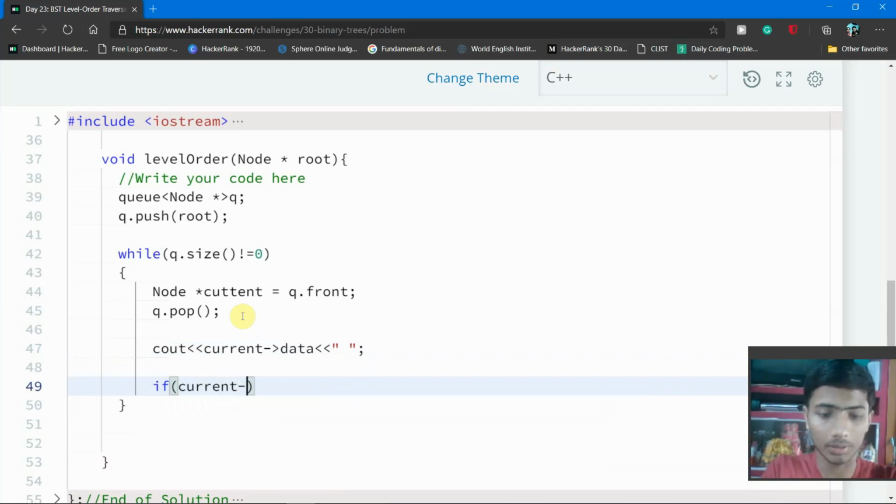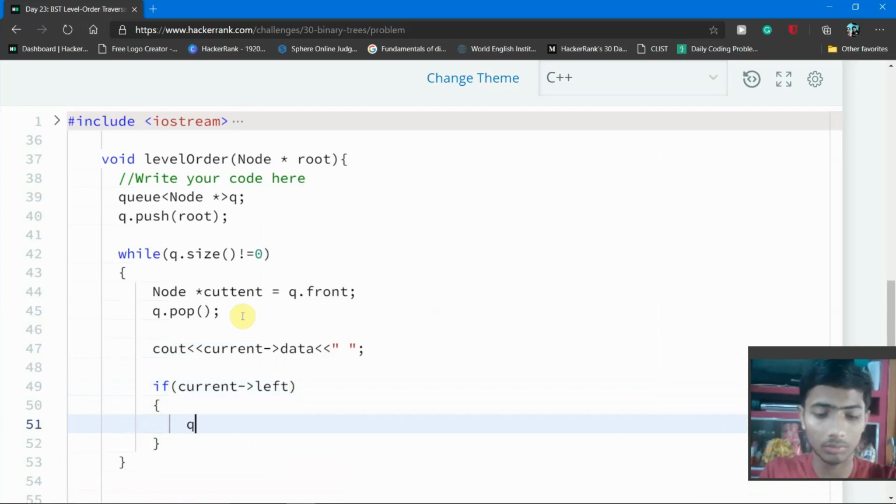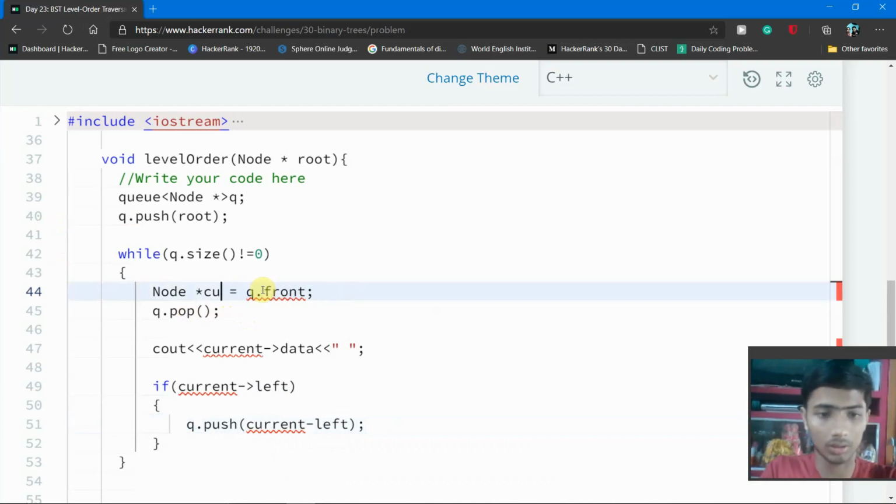and after that you simply check if current left, that means the left node of the current element, is present or not. If the left node is present, then you simply store this element using the push function, and current left, and then again we make a mistake in the spelling of current.